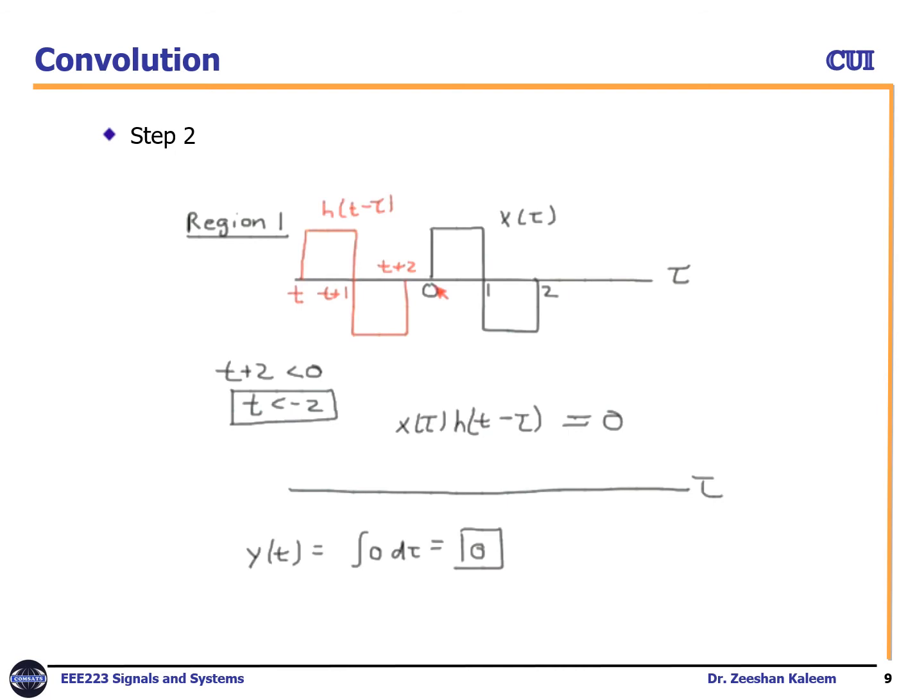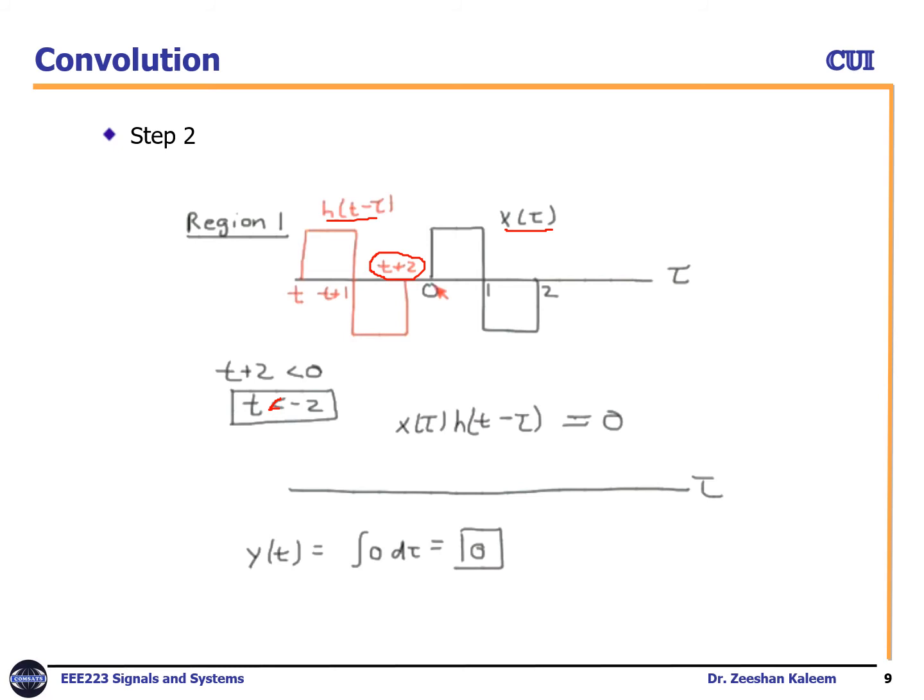Now there can be a number of possibilities, as we already studied the main points for convolution, that we have to first take t so that there is no overlap. So we can consider t plus 1, t plus 2, because this is h of t minus tau. Now we have to convolve it with x of tau. x of tau is already given, this one, right? Now we can first assume that t plus 2, look at this, t plus 2 is the final limit of this signal. So we can assume that t plus 2 is less than 0, or if we move 2 from here to the right hand side, t is less than minus 2.